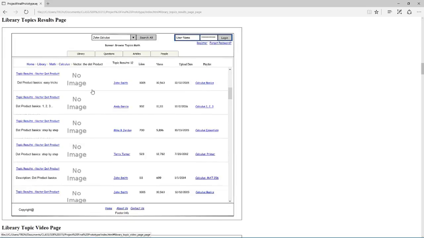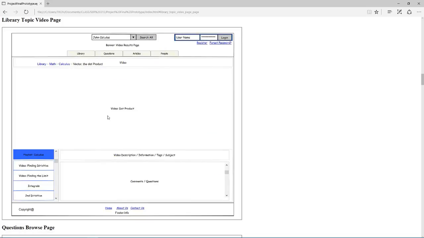So from there, we can click on the topics and it will bring up a result of the videos uploaded under that topic. And as we can see, it'll have the person that uploaded it, the likes, the views, the upload date, and a playlist if that person added it to a playlist. It has an image thumbnail, a brief description, and then a title of the video. And from there, they can just click on that and it'll bring them to the video page where they can